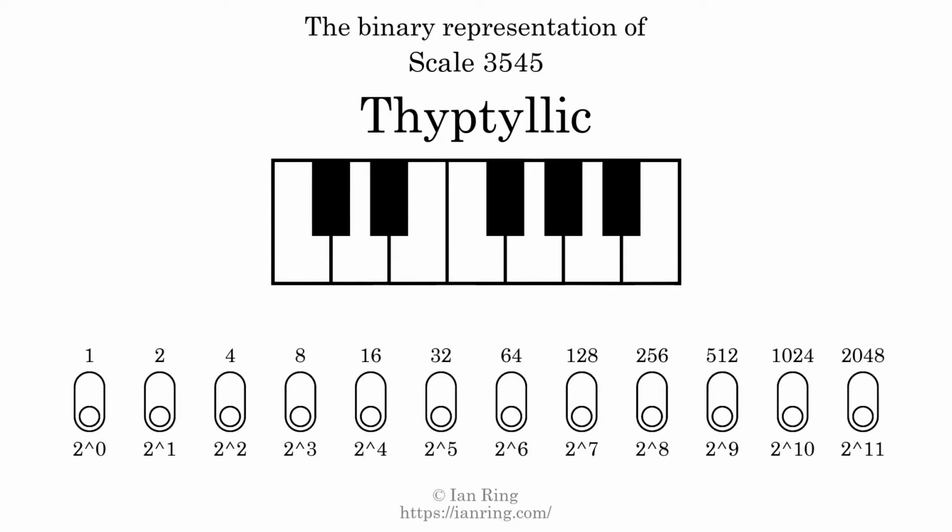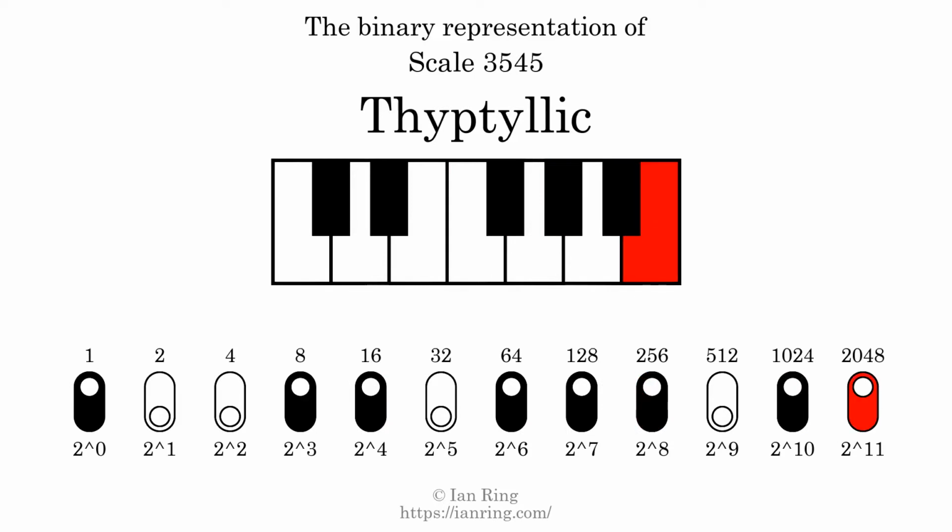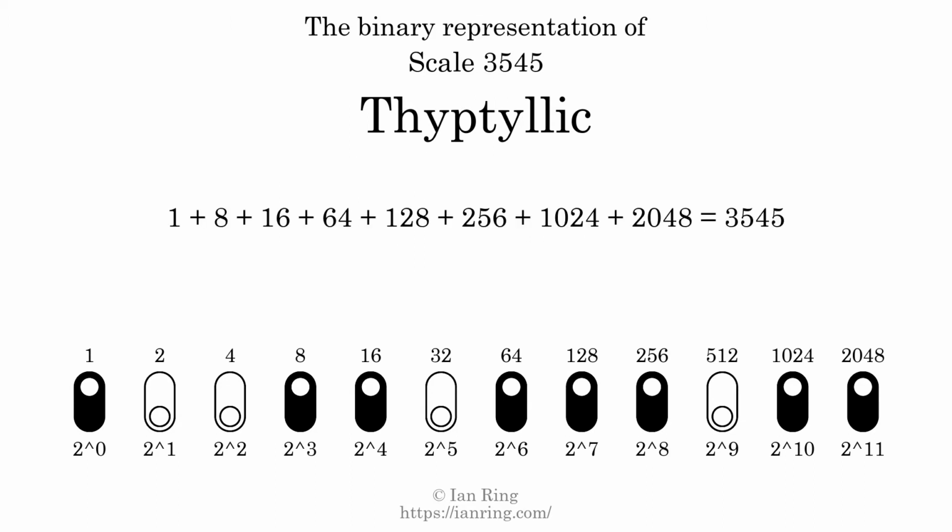The binary representation of this scale is determined by mapping tones of the scale to binary digits. Each binary digit represents a power of 2. To get the scale number, we add the powers of 2 together. The powers of 2 that are present in the scale, all added together, equals 3545. That is why the scale number, in decimal, is